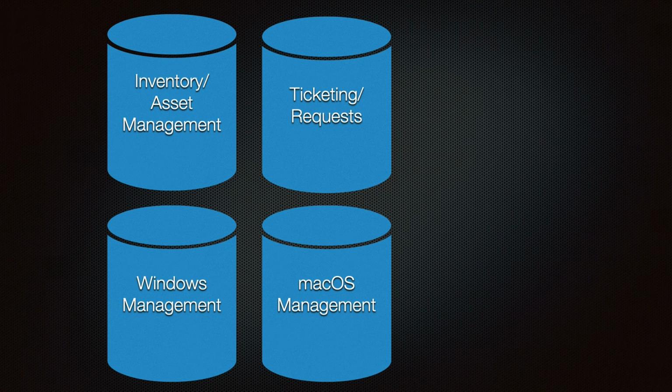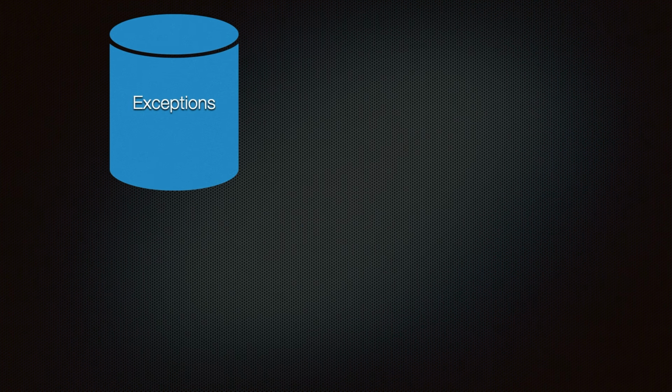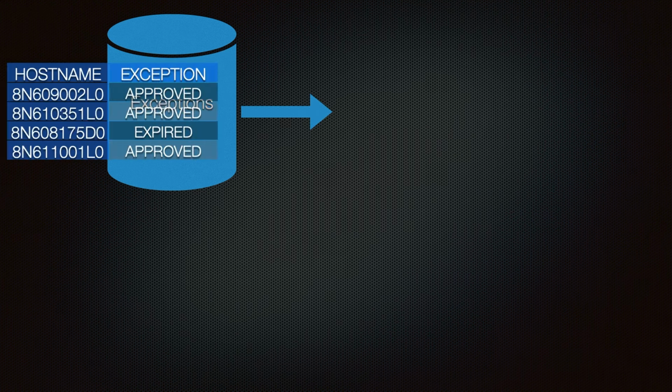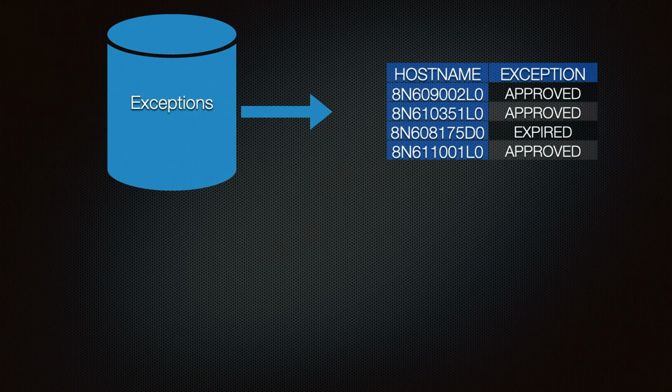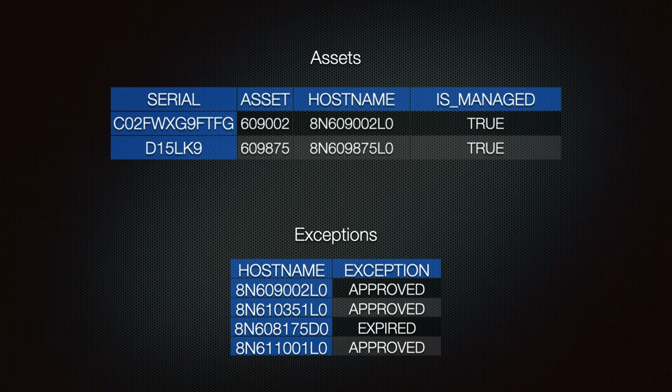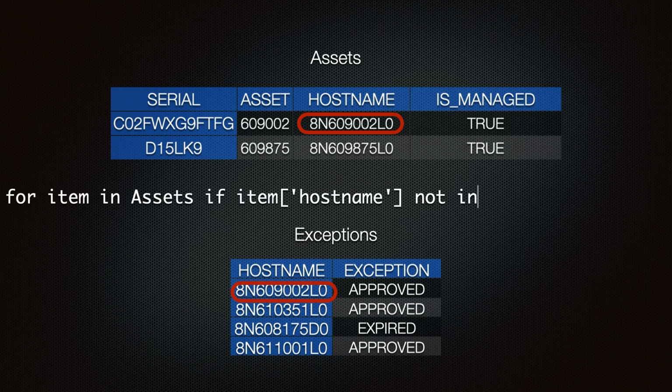Of course, there have to be exceptions to any rule, and in this case, we have a system in place for people to request exceptions to the policy and go through a multi-level approval. This was an in-house developed system before our ticketing system became able to handle the approval process. I had the developers of that system build me an API, which essentially just dumps the table of exceptions and allows me to process it. Now, of course, the exception system has to be different. Exceptions are requested based on host name. The serial number is nowhere in that system. Fortunately, the asset system knows what host name goes with each serial number once the data is properly normalized. We got one.